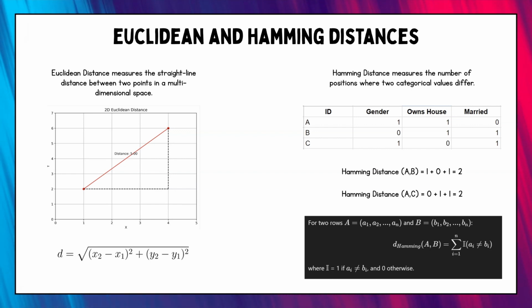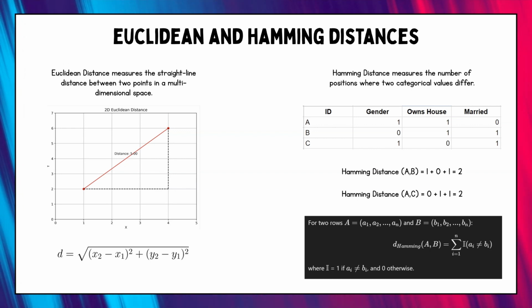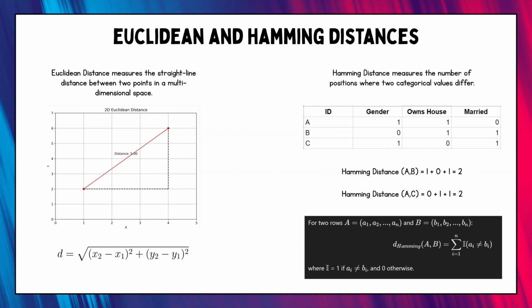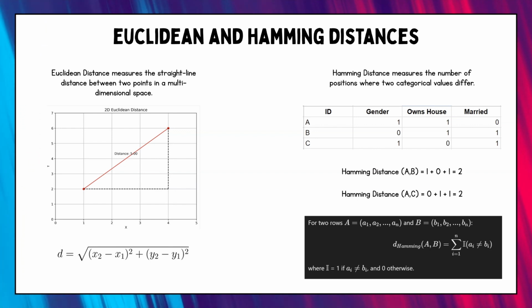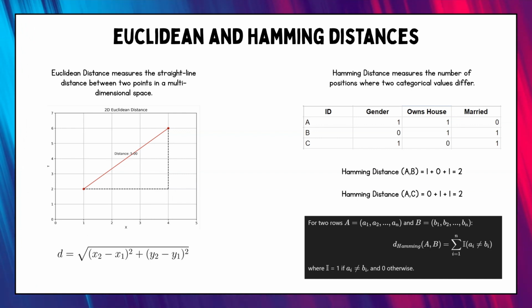Euclidean distance is the good old distance metric that we use to find the straight line distance between two points in a multidimensional space. As shown here is the Cartesian space, which is the two-dimensional Cartesian space. And it's just a simple hypotenuse kind of formula, where if there is a point over here,